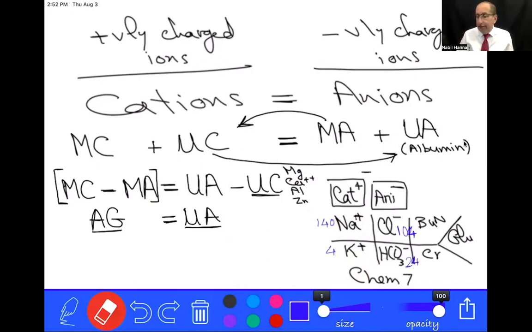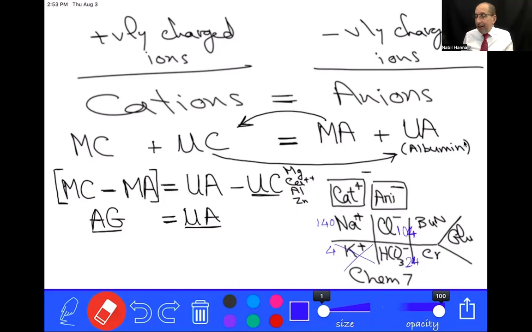So the anion gap is the first column minus the second column. The first column is the 140 of sodium plus the 4 of potassium, should be 144. You notice that potassium is very, very tiny. And this 4, even if it increases to 5, 6, 7, it is still the smallest number. So most protocols ignore considering potassium in the calculation of the anion gap. So now the first column will only be the sodium,